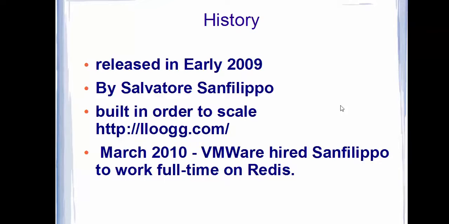So this was a brief introduction about Redis, and from the next video we will see how we can install Redis and how to